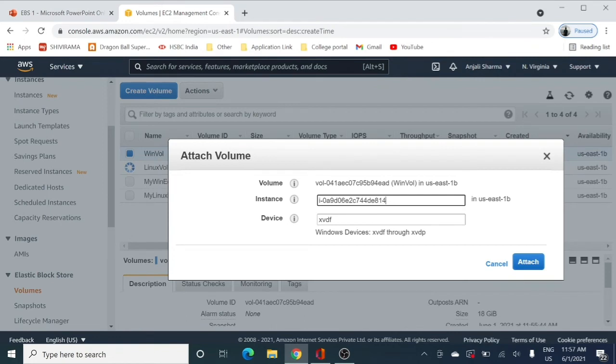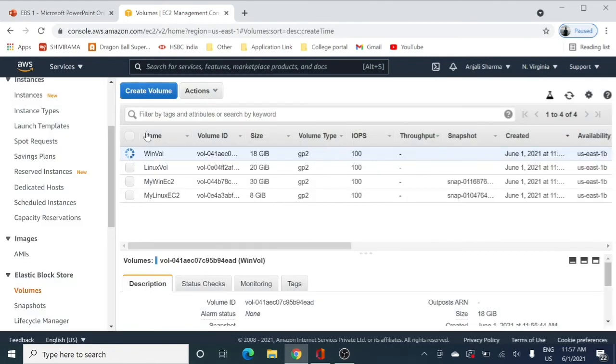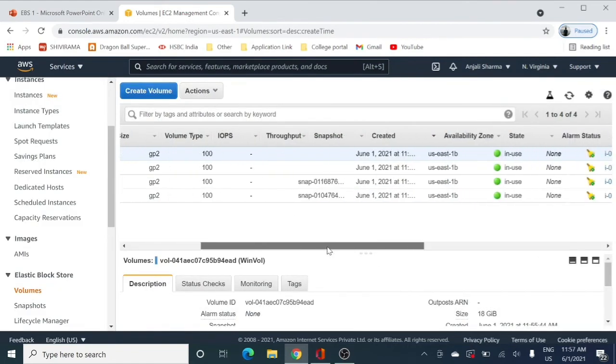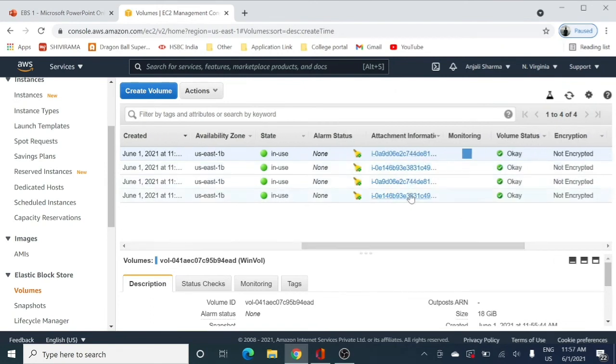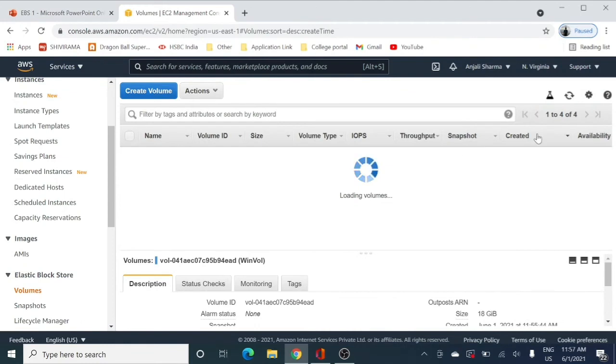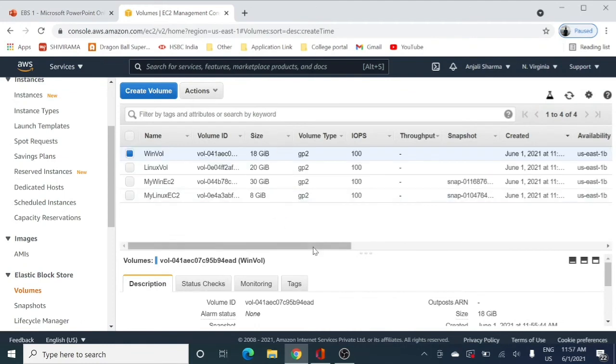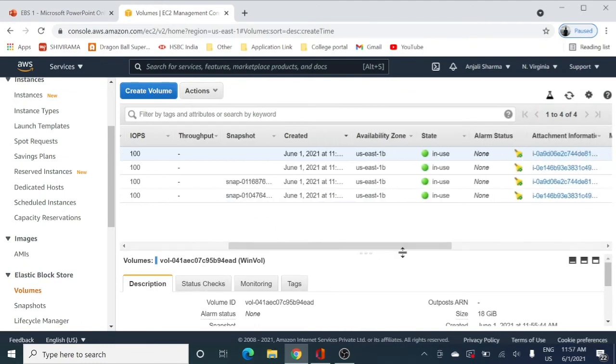The EC2 instances can be running, so there is no need to stop the EC2 instances while attaching any volume to them. We simply click on attach, and after refreshing, you can see that there is attachment information and the state changes to in use. So we have seen that it is very easy to attach a volume or detach a volume.